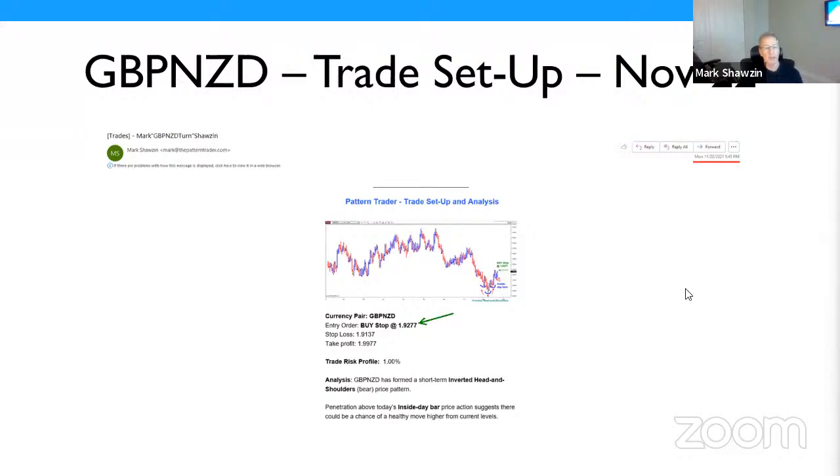I talked a little bit about the pound New Zealand dollar, how in late November, I told our members to buy this at 192. Now this thing went over 204. Recently it's had a setback to 201. I don't know if I want to pull the trigger and get out of this thing. This is what this thing's apt to do, but I think it's a long-term buy. So I just want to focus for now on the risk reward parameters.